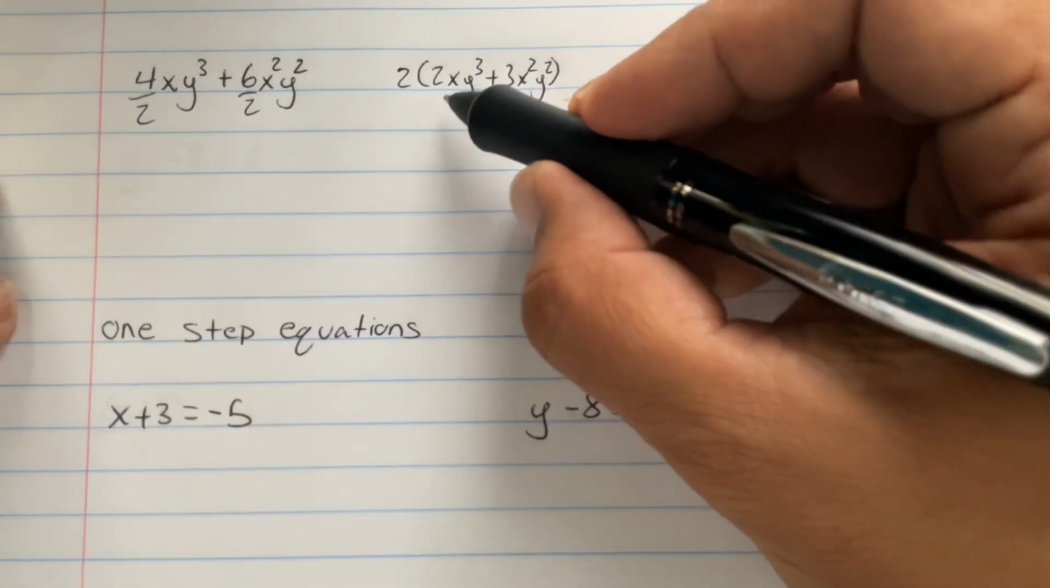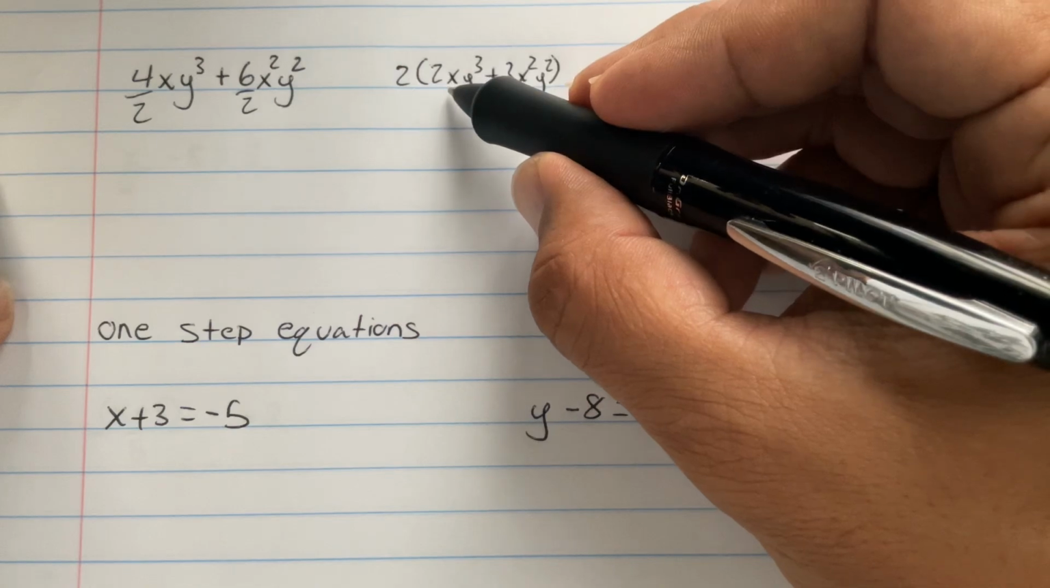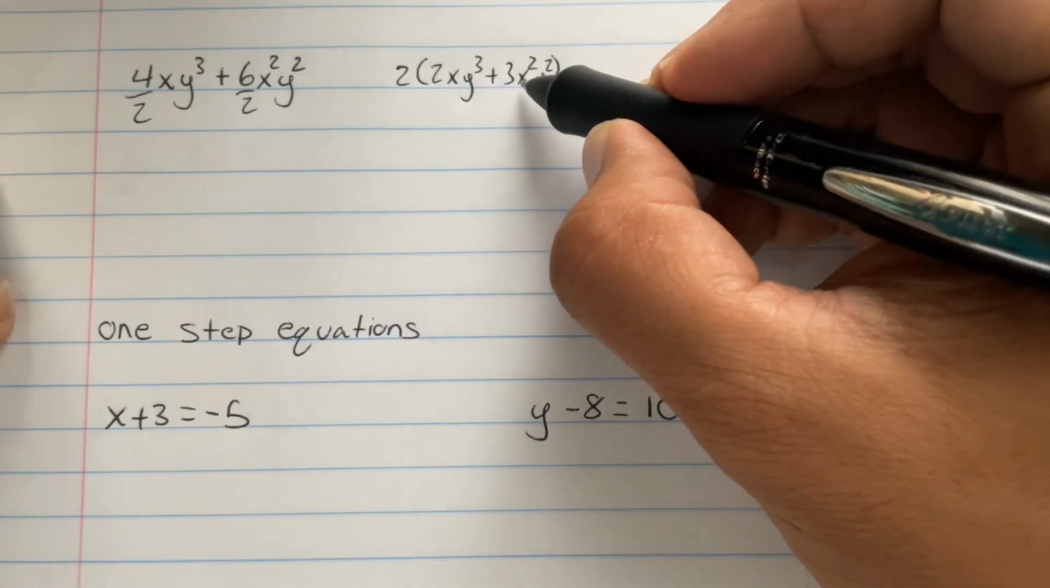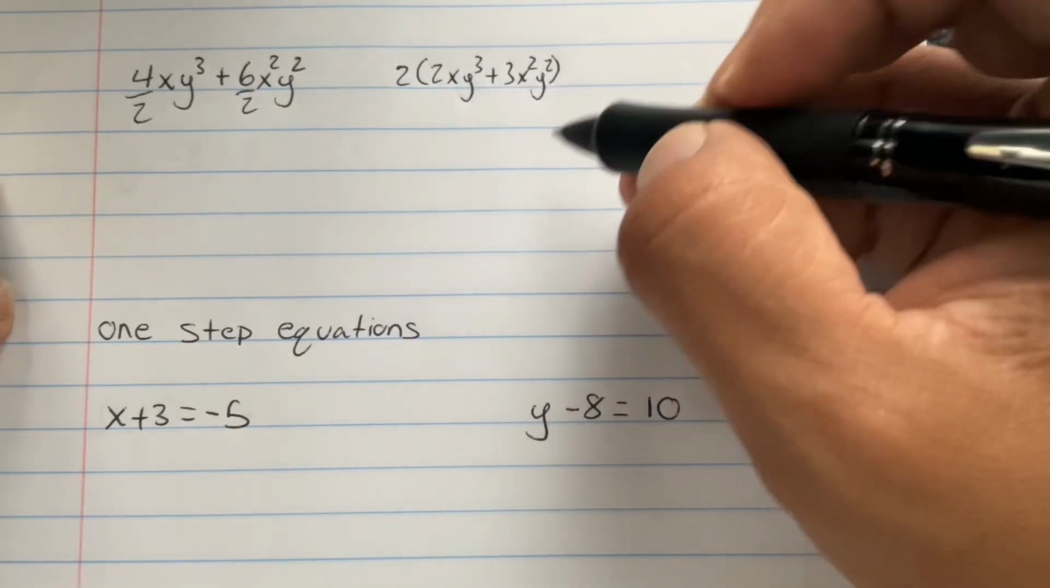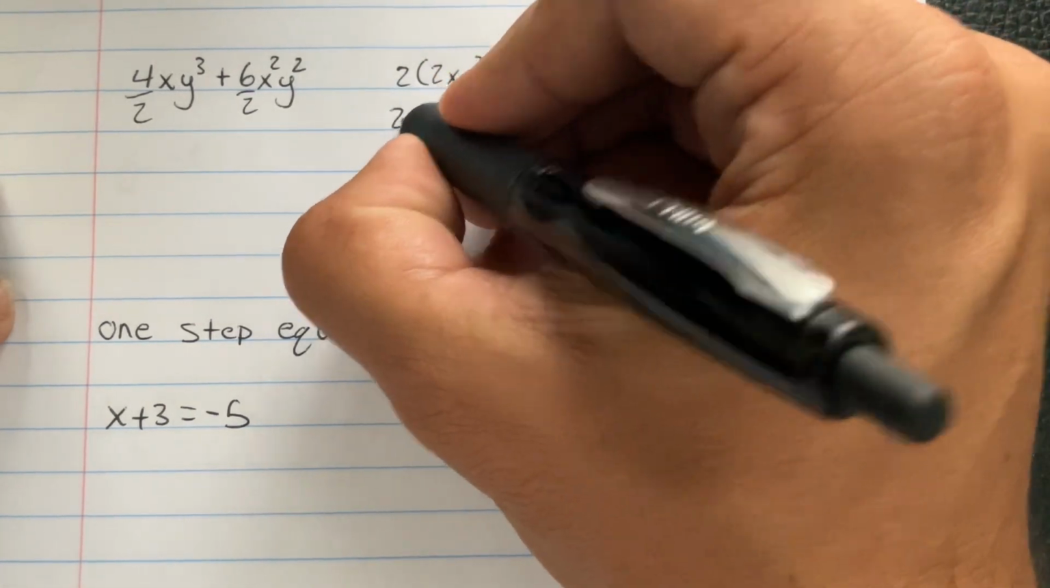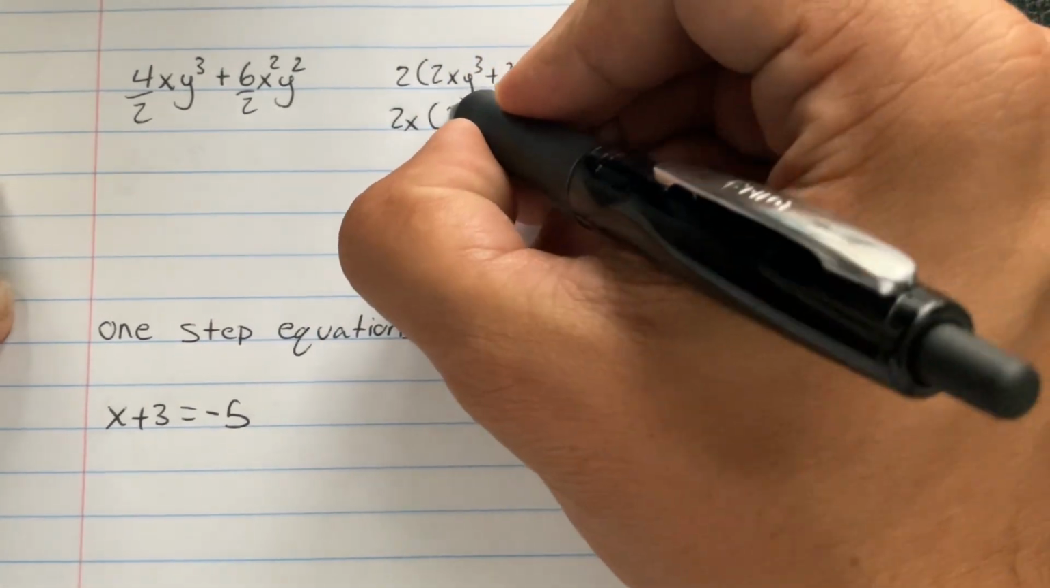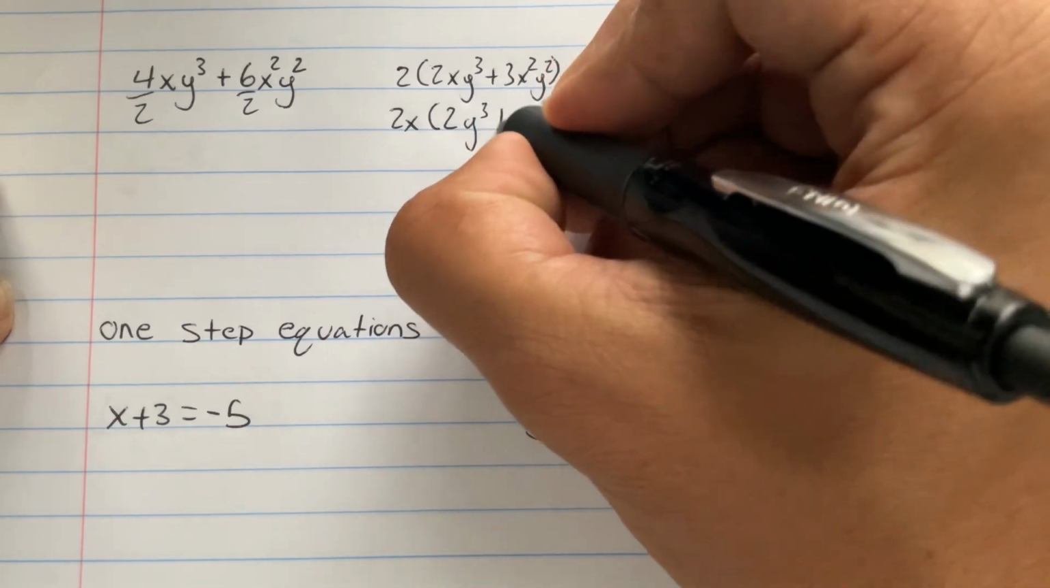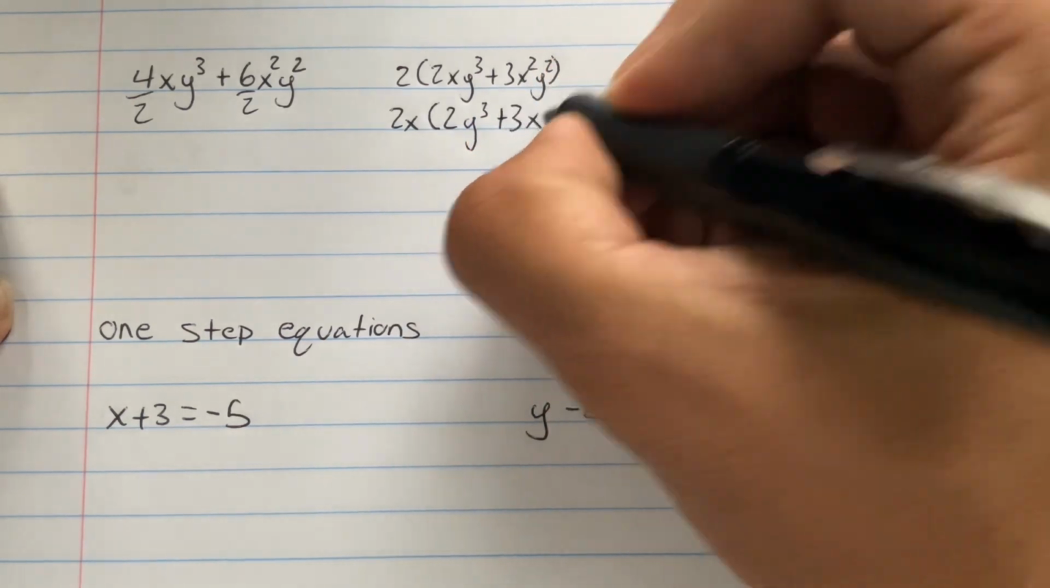So now we look at how many x's they have in common. This one has 1, and this one has x squared, which is x times x. So they only have 1 in common, so that's what I'm going to remove from everything. So I'm left with 2y3 plus 3x